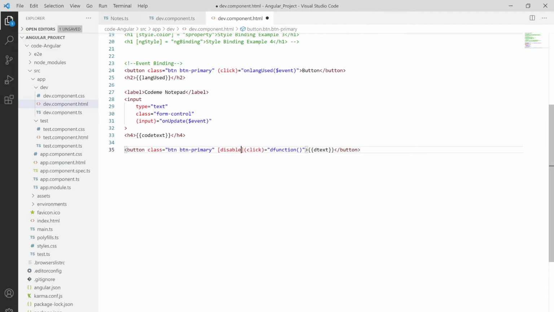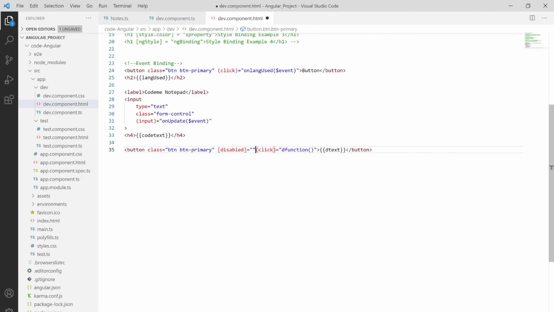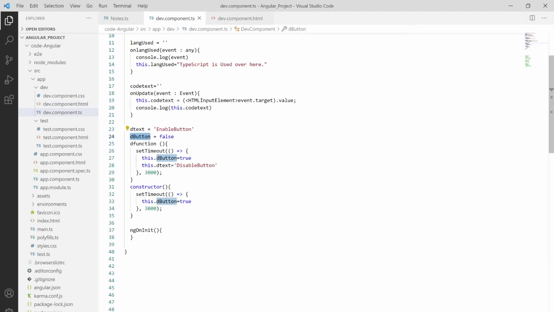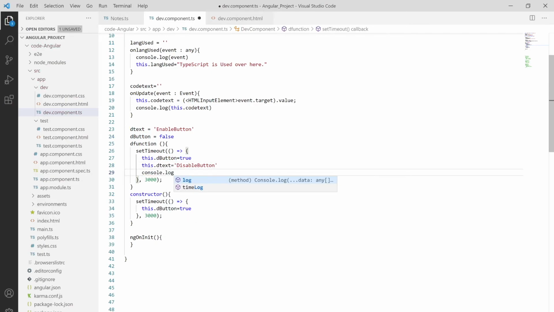Say we have disabled, putting this to D button, copying this out, pasting this thing, and save this thing. I'm also printing the value on the console itself. So console dot log over here, print the value of this dot D button also.